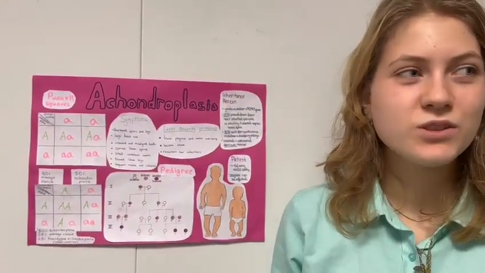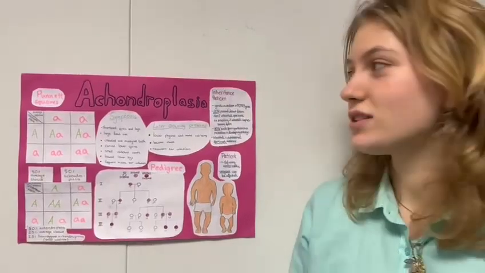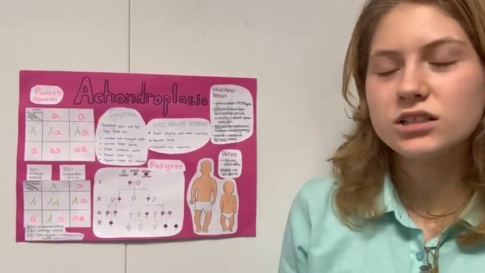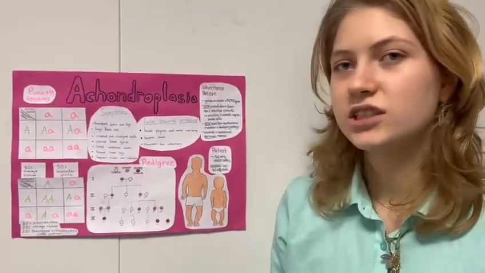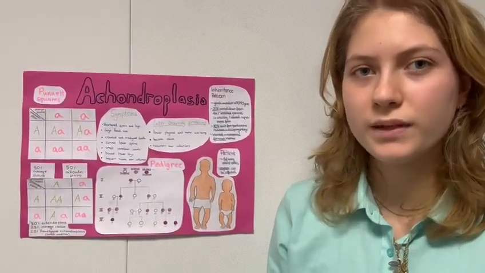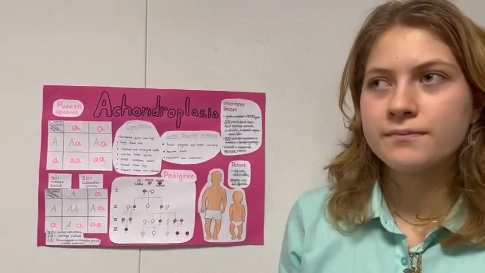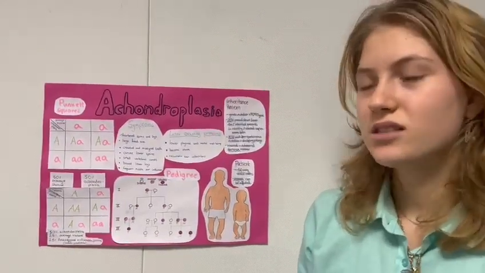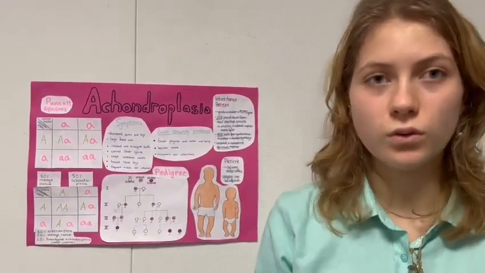Hello, our names are Greta, Agatha, and Anastasia, and we chose the disease called achondroplasia. So, what is achondroplasia actually? Achondroplasia is a type of dwarfism, and it is a genetic condition affecting a certain protein in the body called fibroblast growth factor receptor. This protein